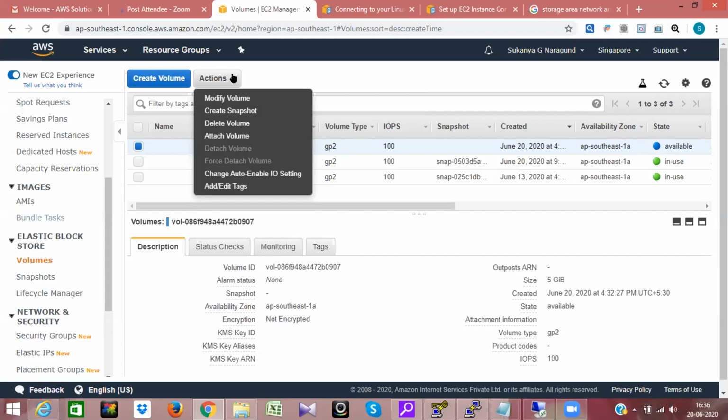Yes, sir. What is this tag? Tagging is basically additional information. Suppose you're creating a server for the finance department and its role is a development server, test server, something like that. Tagging is additional information about that machine. So snapshot ID and all is not mandatory, right? Snapshot ID is internal information about the snapshot, created to identify it within the AWS world. But we need not tag or select any attribute.